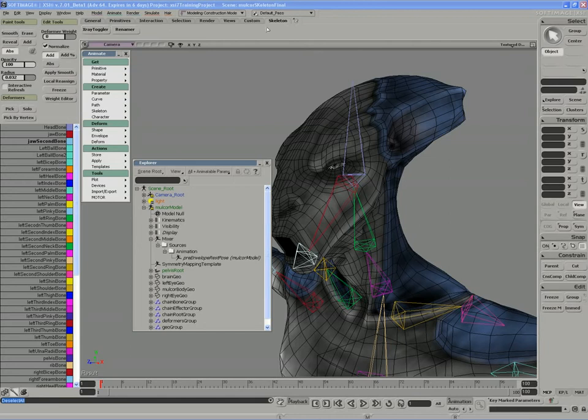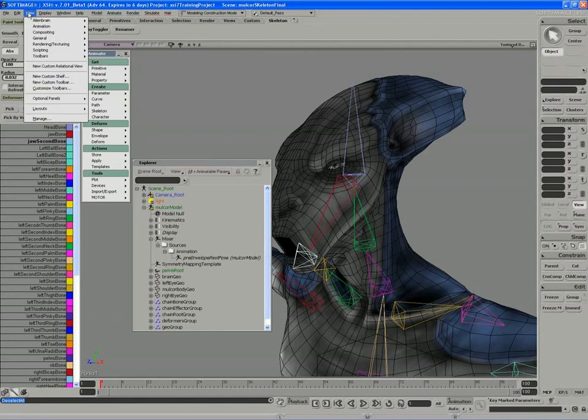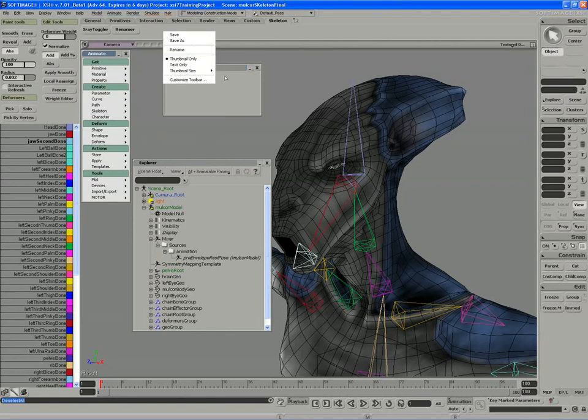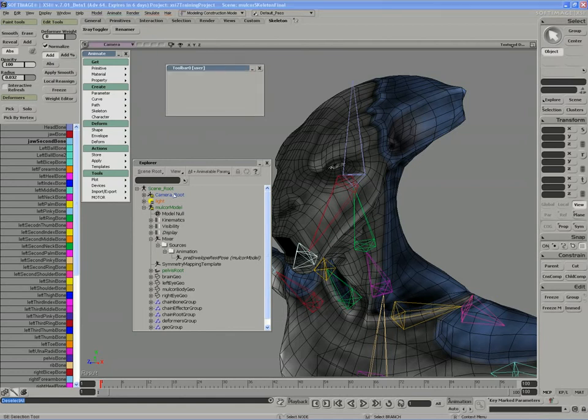Maybe for a Mulcor toolbar, I would put it on a floating toolbar rather than a docked toolbar, simply because I don't really want to have a dedicated toolbar for this character who may only last for 2 or 3 projects. So I'm going to make a new custom toolbar by going under View, New Custom Toolbar, and under here, if I right click, we can save the toolbar and do the standard things that you can to the main shelf. But I'm going to use the apply action and the script editor